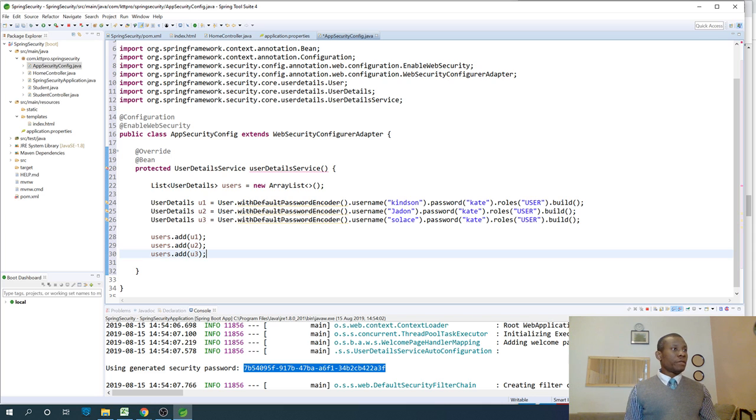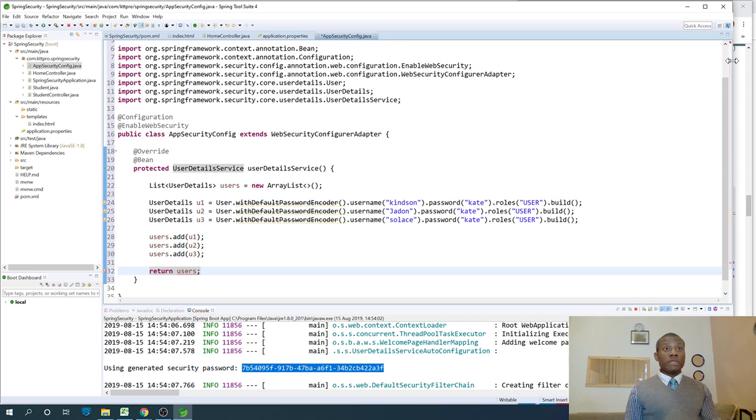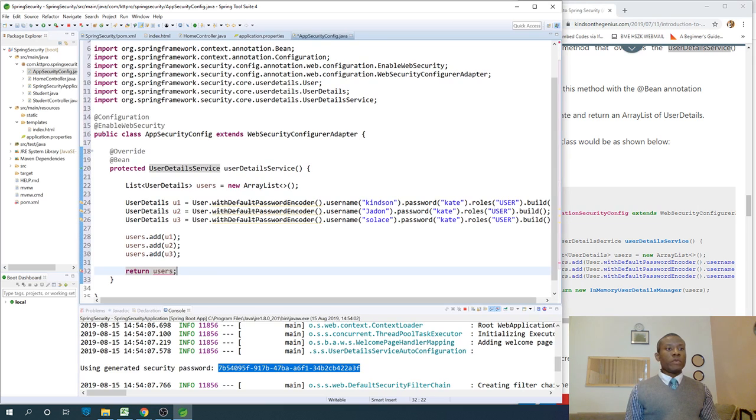Now we are going to return the user details service. It expects us to return UserDetailsService. It doesn't expect us to return users. It's not going to work because the return type is UserDetailsService. So it happens that there's a way to handle this problem. So we are going to return an in-memory user details manager and give it a list